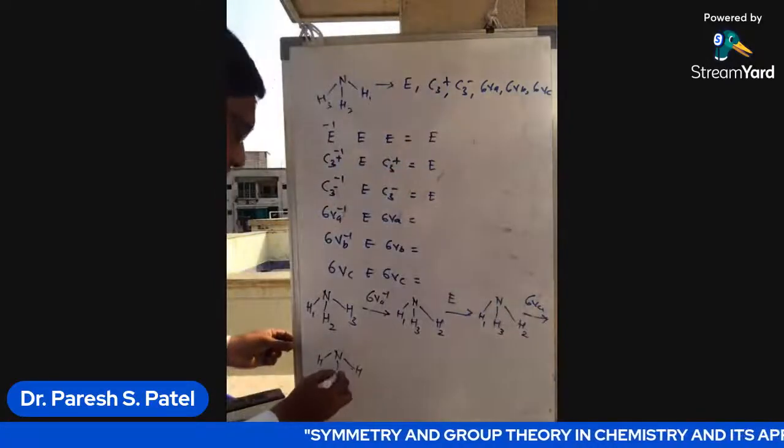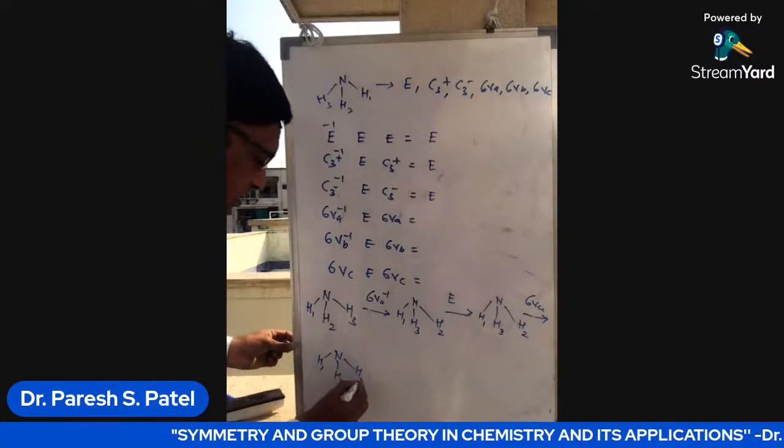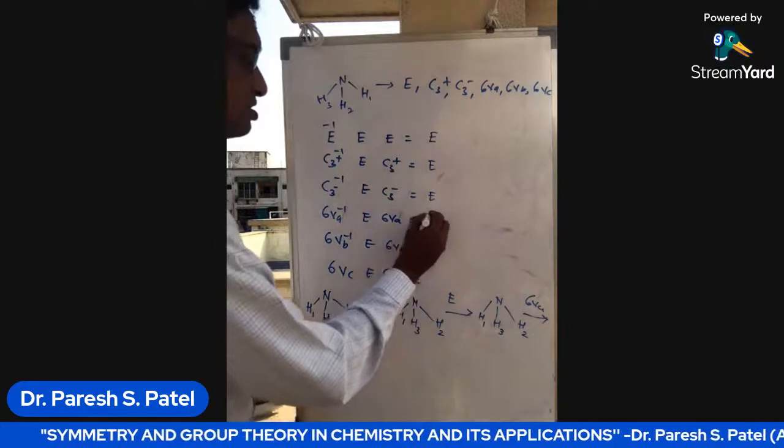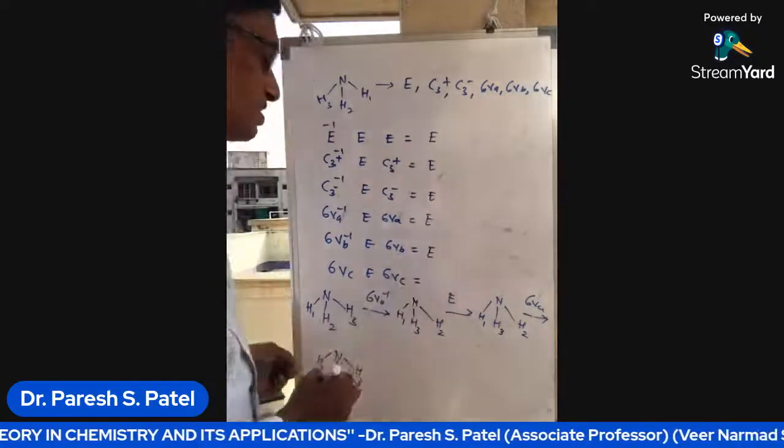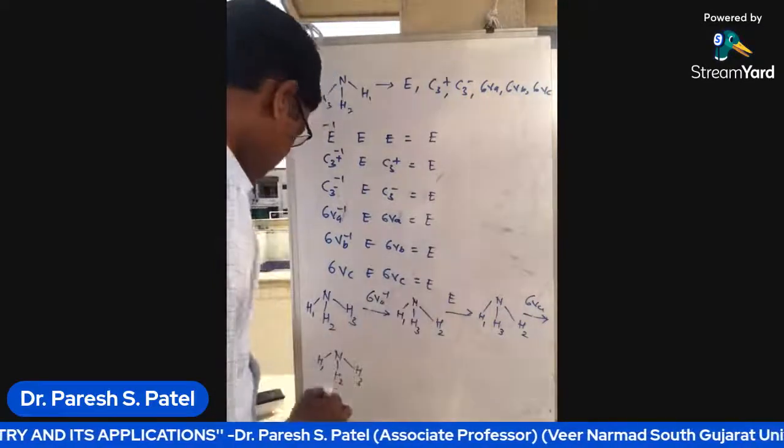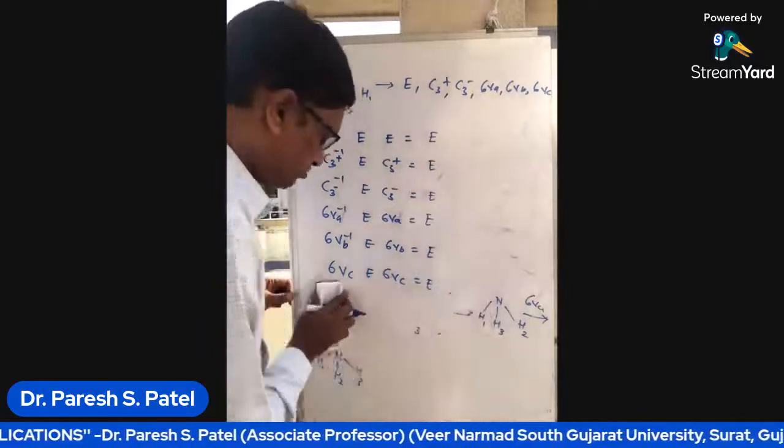So what will happen? Again 2 and 3. So original position, so overall result is identity. Again identity. So in case of the ammonium molecule,